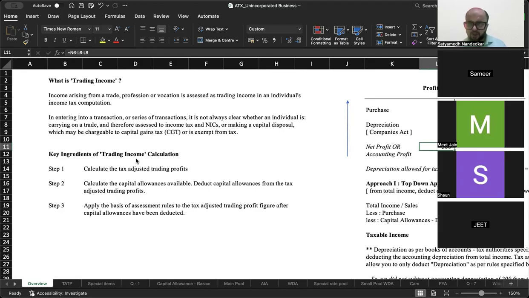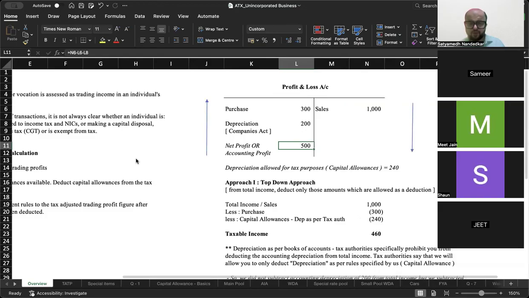See, अगर आप skill level में होते ना तो a question could be tested on whether it is a business or not a business. Is it employment or is it self employment? ऐसा टाइप का क्वेश्चन स्किल लेवल में आता है. पी लेवल में those you don't have those calculations, or that expectation is not there. It is a trading business. You have to calculate the taxable trading profit and take the calculation ahead from there.